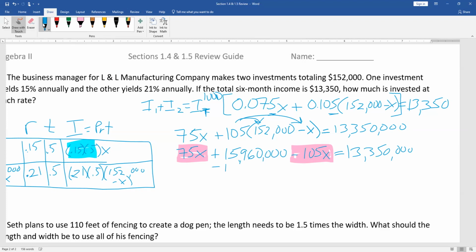So go ahead and subtract that. All right, and so that will give me 75 minus 105 is a negative 30X, and that equals,